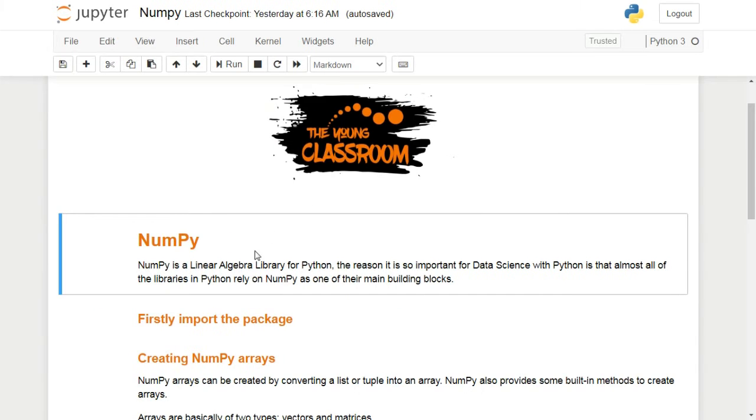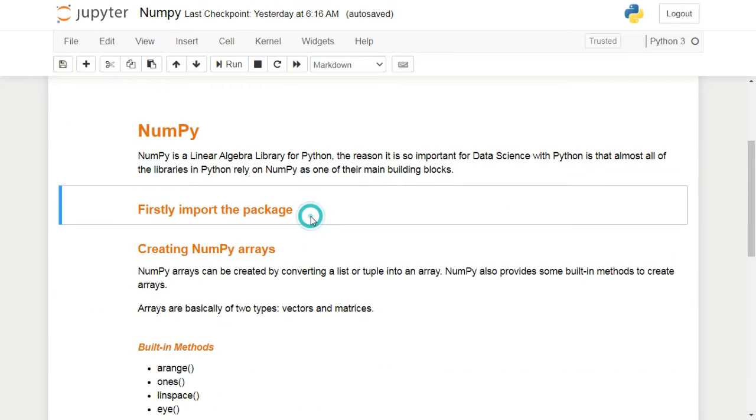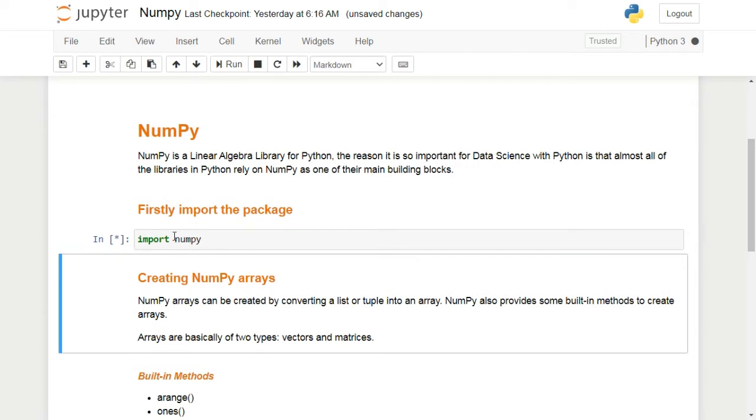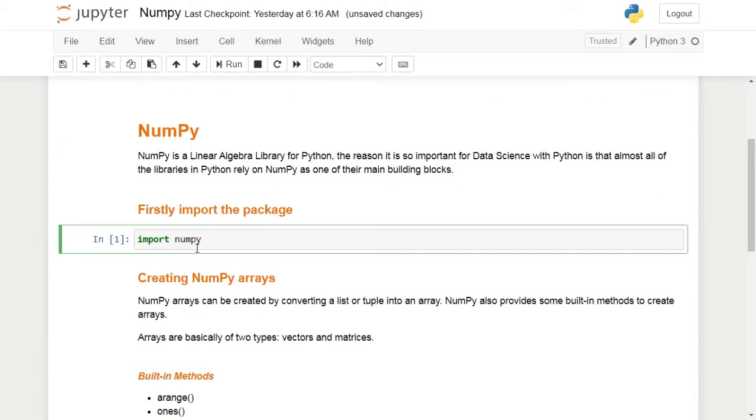Then in order to check whether NumPy is installed onto your PC or not, simply go onto your Jupyter notebook, type import numpy, and just run it. If you get any error, this means that NumPy has not been installed yet. Before using NumPy, first we need to import it. So what I have done is import numpy as np.